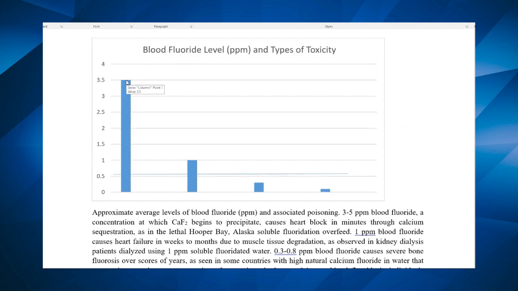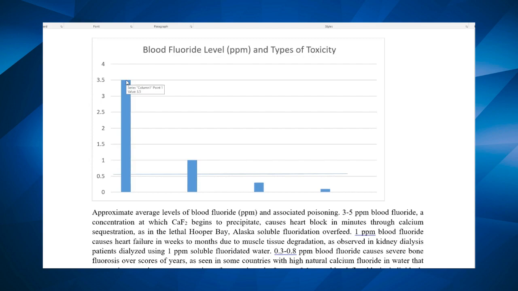And the reason it happens is because fluoride, as we've gone over, is a calcium chelator. So 3.5 parts per million is just about the level that starts to precipitate calcium from your blood at the known typical 1 millimolar calcium levels that are in a person's blood. Now there's a range there, so I can't say 3.5 will always kill you, but I think you understand the point I'm trying to make.